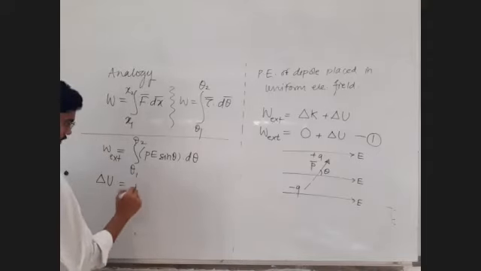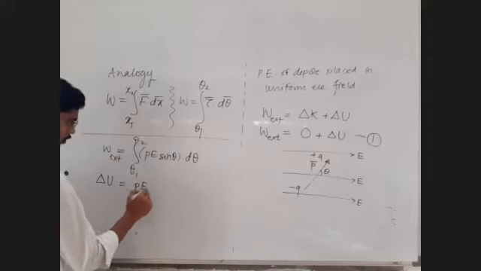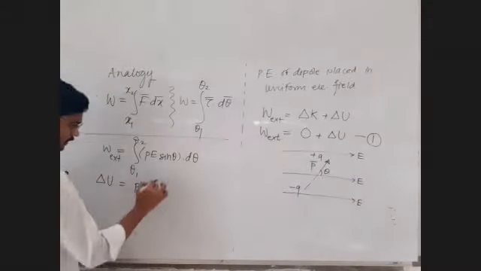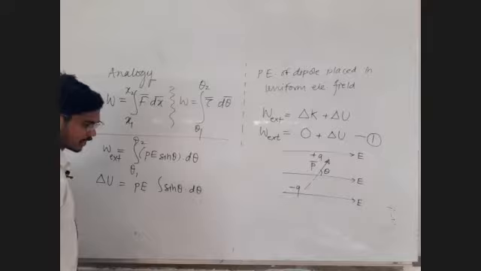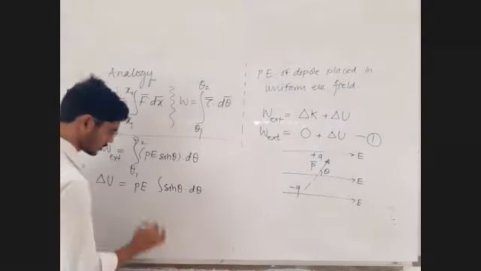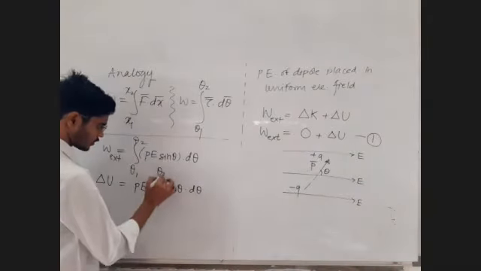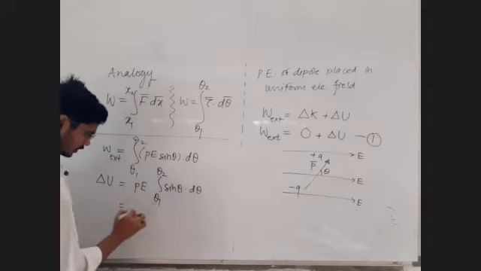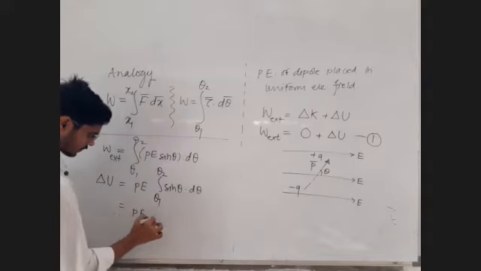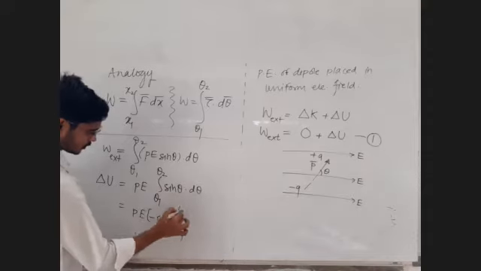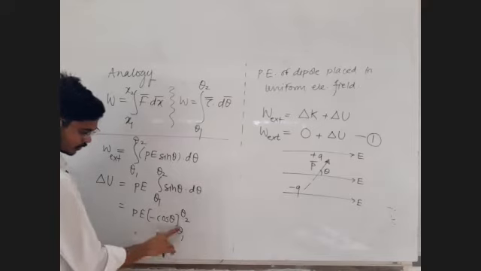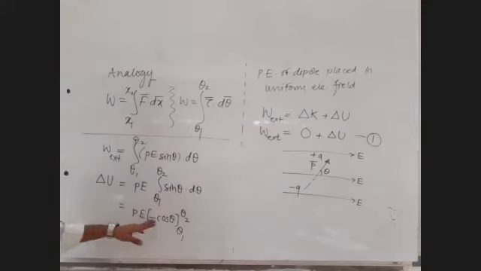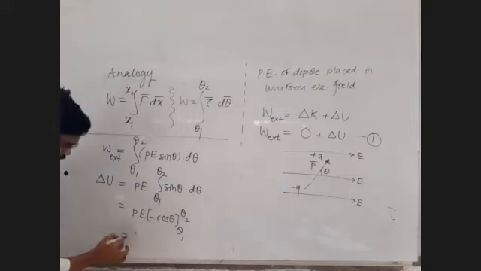This P is constant value, this E is constant value, uniform electric field, sin theta d theta integration will be there, not a big deal for us. Integration of sin x is minus cos x. So integration of sin theta will be minus cos theta. Absolutely fine, sir. Upper limit, lower limit, upper limit theta 2, lower limit theta 1, initial to final. Sir, this minus can be taken outside the bracket. Yes, absolutely no problem.